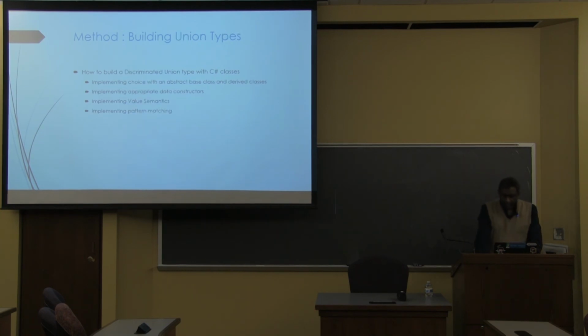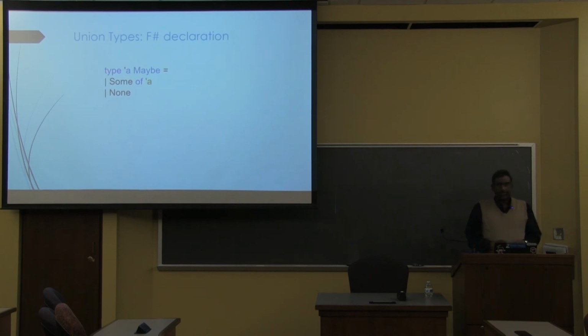So in F#, you can define a sum type, the quintessential one being the maybe sum type or the option sum type, which represents the presence or the absence of a given value. And so in F# you would just write those 3 lines. It takes a bit of a whack to the head to get the syntax right, but the moment you get that, it's pretty clear. Yes? I apologize, what is a sum type, you said SUM? Yes. Sum type, and that's the same as an ADT?